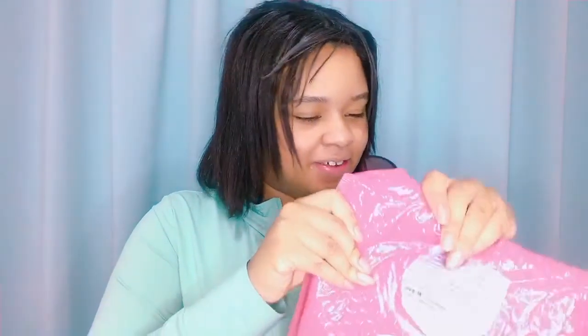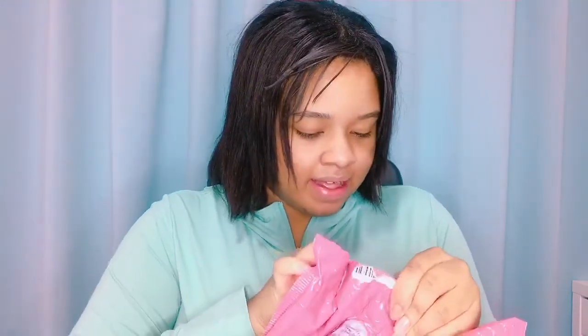It's a little bit hard to open, but it is very pretty. Pink is my favorite color. I like the packaging. And again, from a business perspective, fine, I get it. It's advertising for them. I saw a lot of videos of people opening up their packages before I got mine, so I'm trying to picture it. I know what I'm going to get, especially since I just got the peek inside, but